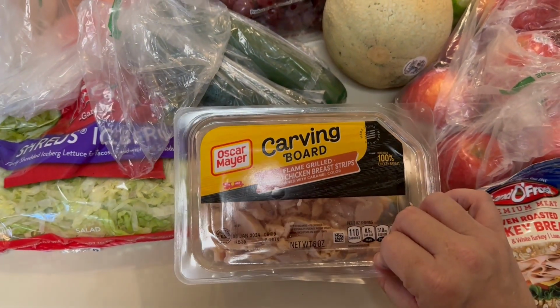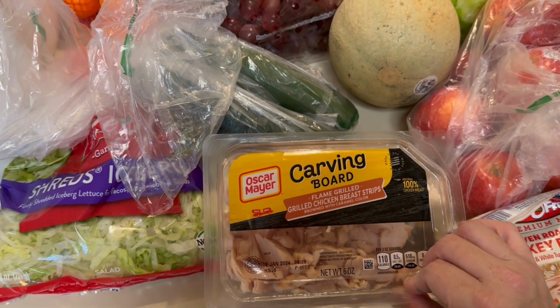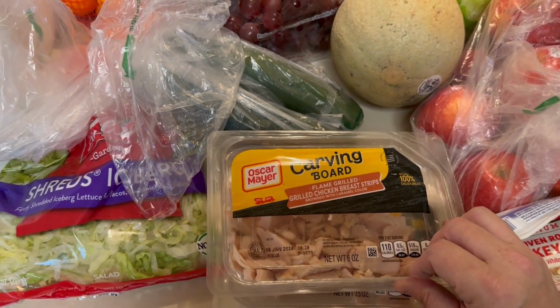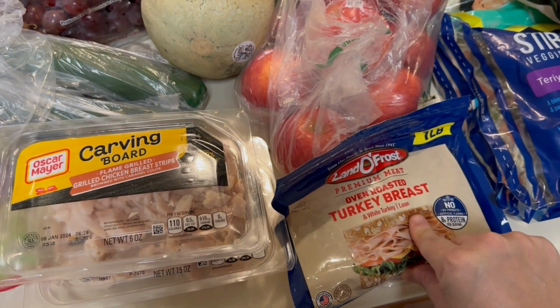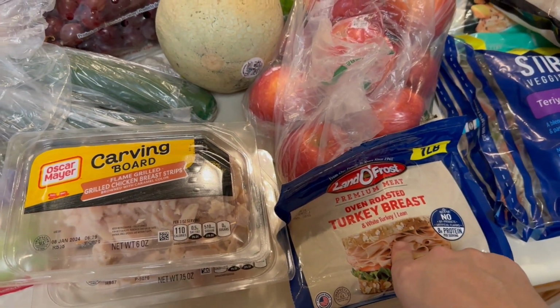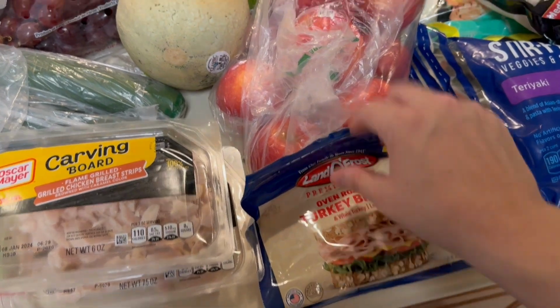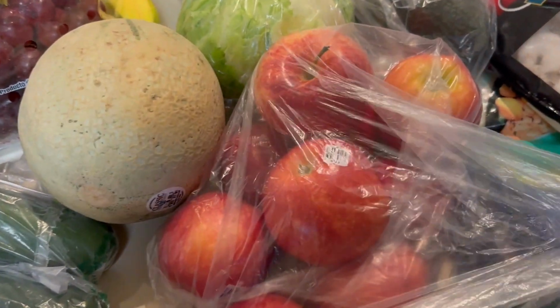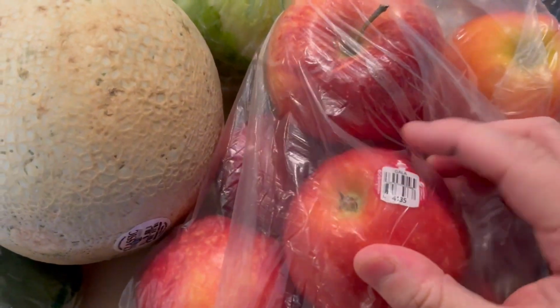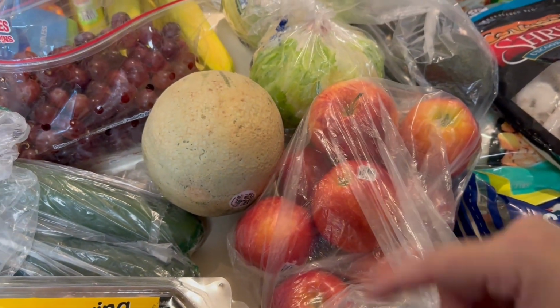We really enjoy this carving board chicken for salads. So I got the flame grilled and the rotisserie seasoned. And the other kids like the turkey breast on their salad. We eat a lot of salad around here. So apples. I don't even know what kind these are. Kenzie was with me and she grabbed some. These are Gala apples. So a whole bunch of Gala apples,